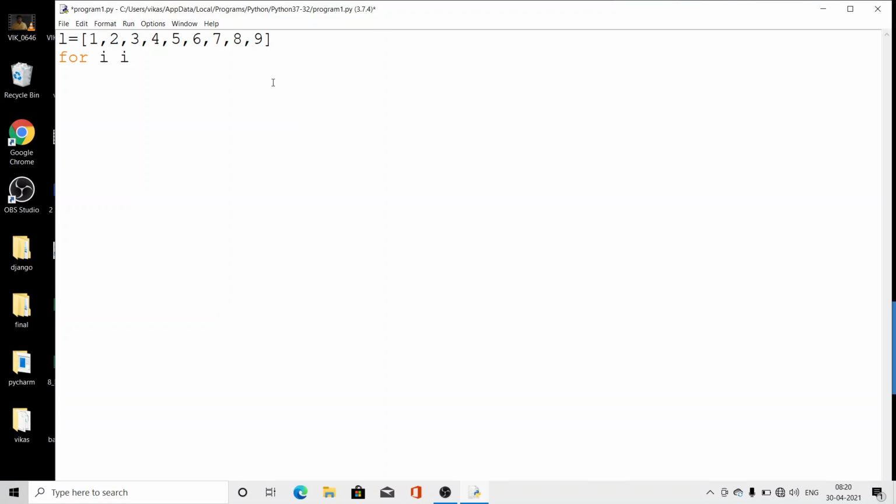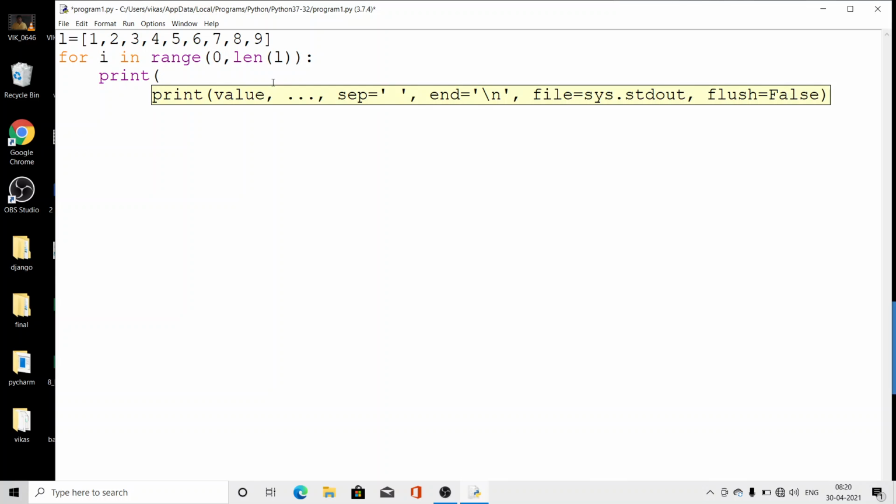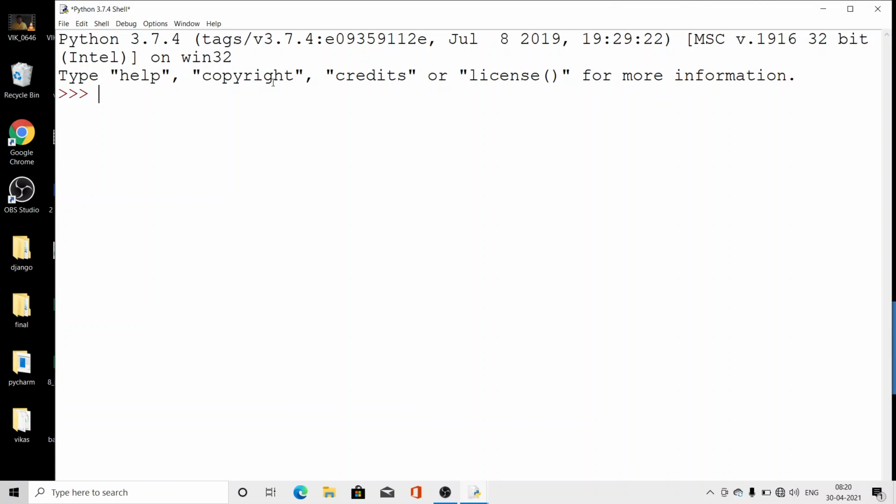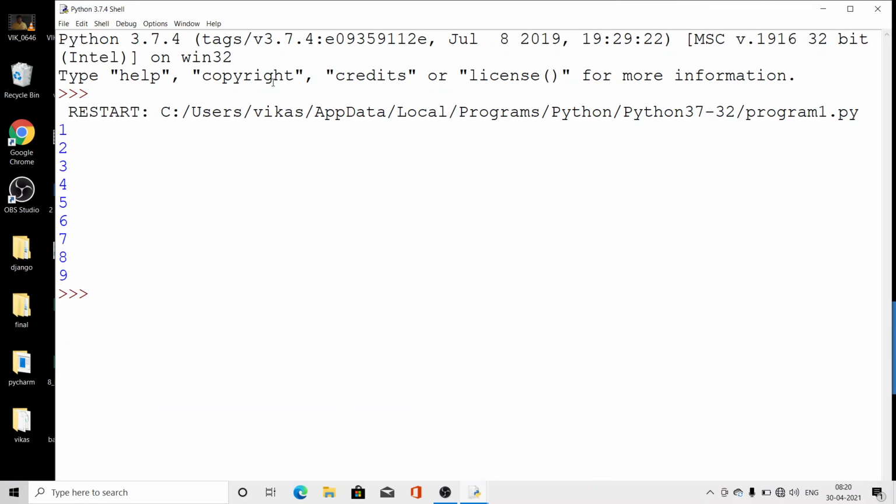So for i in range, start from 0 and go to the length of L, and then print L of i, with their index value we are accessing. Look here, we have accessed.